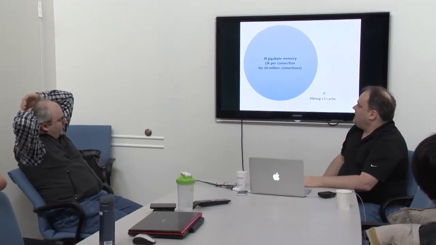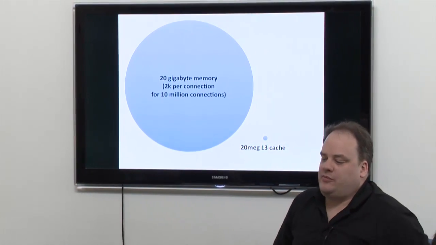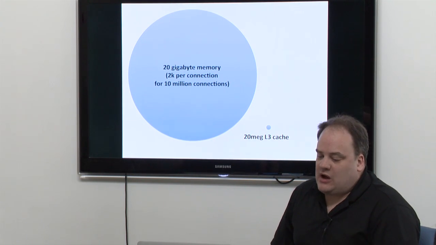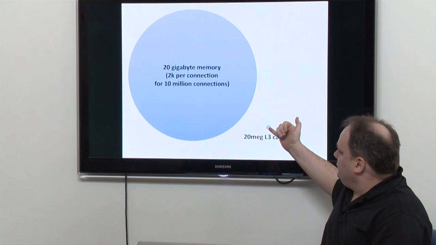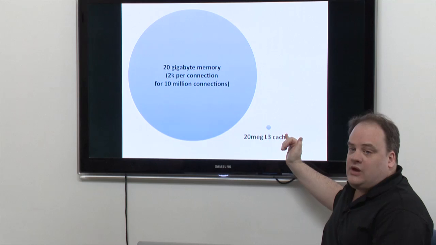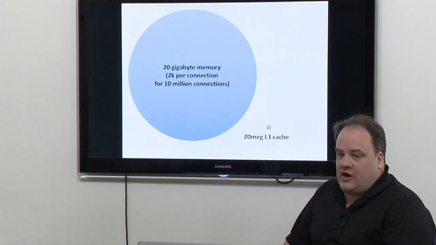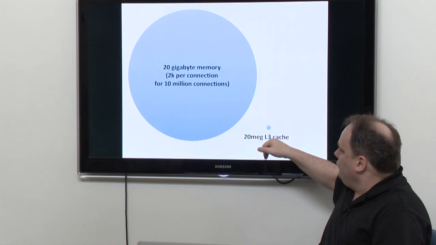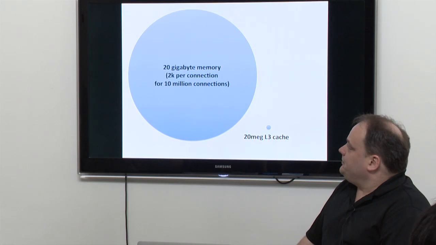So think back to my original Apache example, where Apache has 10,000 connections, and all the memory associated with it, with the TCP/IP stack, with the HTTP layer, with packets being cached to be retransmitted, it's about 2 kilobytes per connection. If I've only got 10,000 connections, 2 kilobytes per connection, that mostly fits within the L3 cache. Today's server processors have about 20 megabytes of L3 cache. So 10,000 connections times 2 kilobytes per connection is 20 megabytes. And so most of the time, when you follow through a hash table, everything's in the cache.